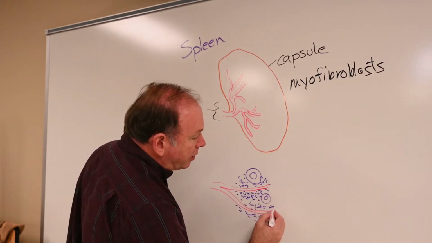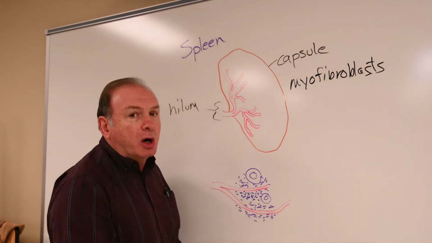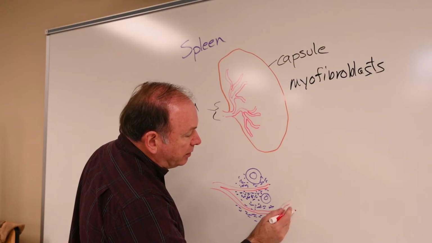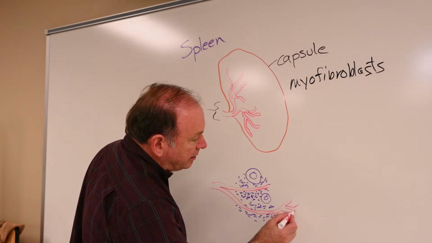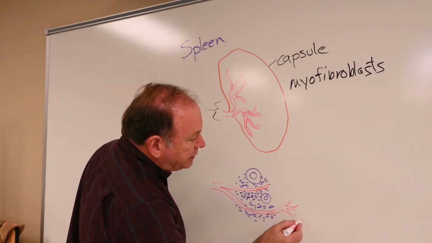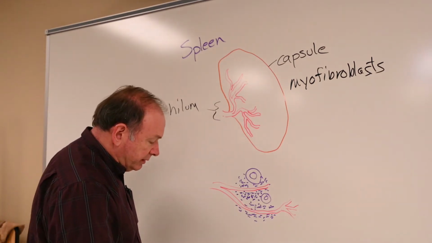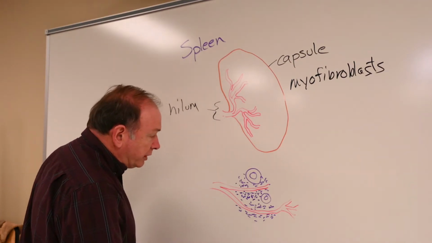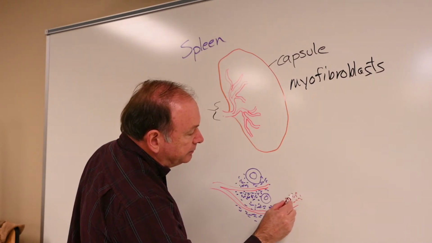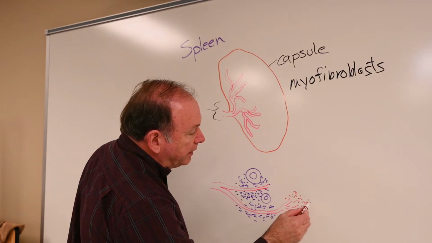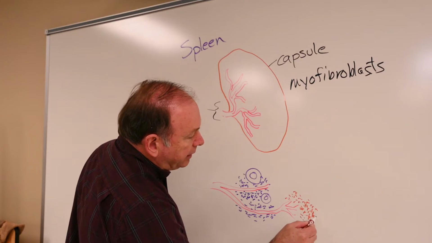As they travel on and go beyond the white pulp, they form what are called penicillar arterioles. Showing it branching a little bit, they eventually form capillaries that just dump the blood into areas of the red pulp we call the splenic cords. Splenic cords are surrounded by reticular cells and reticular fibers, and they form a meshwork of reticular fibers that will contain not only the reticular cells that make the fibers,